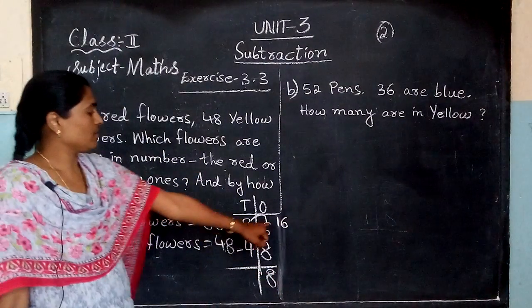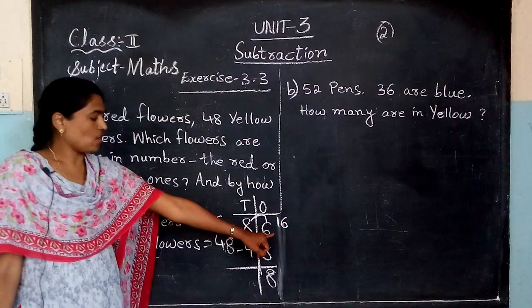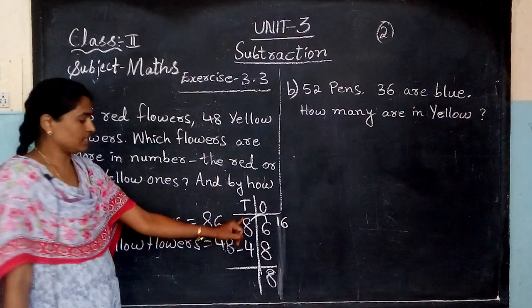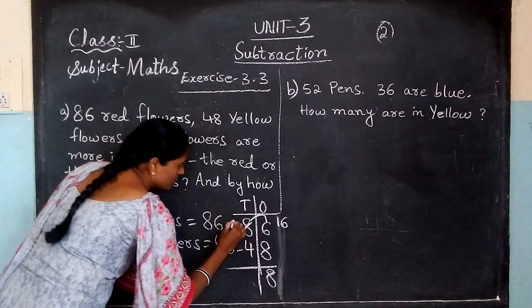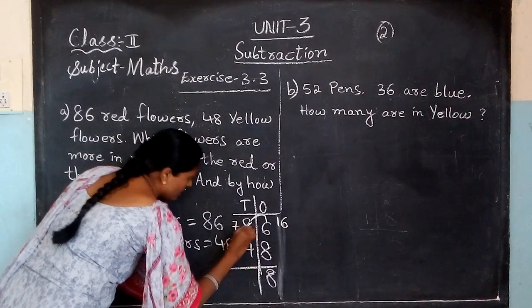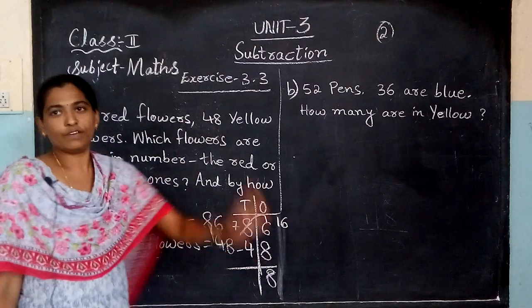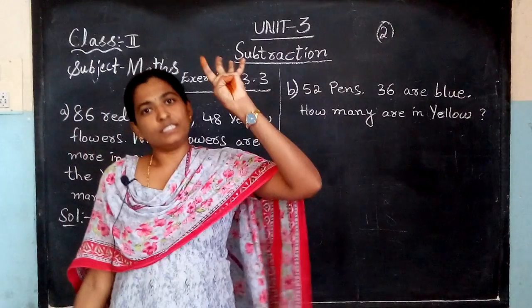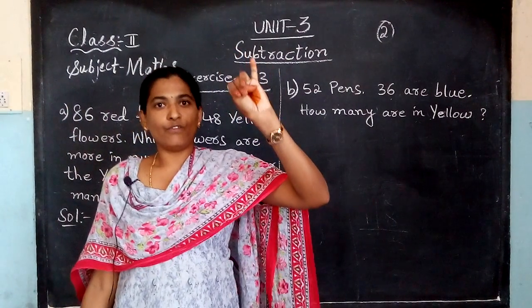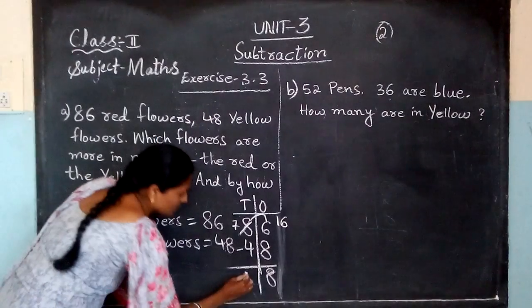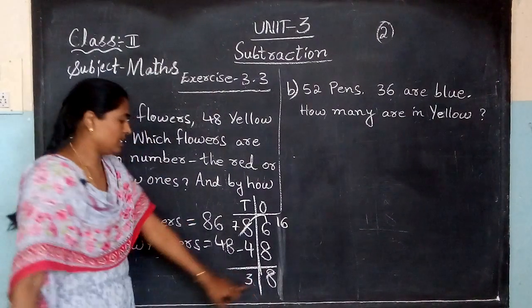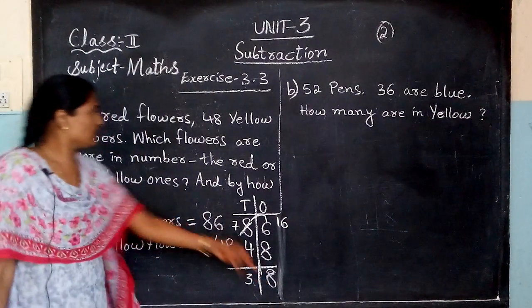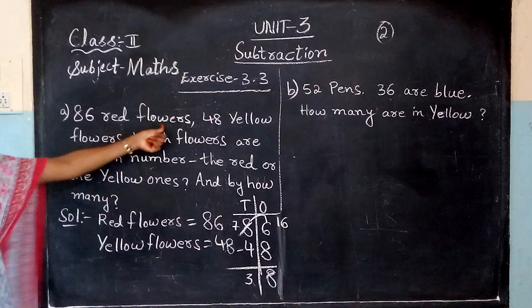Here one number you gave from the tens column to the ones column. Here one number will be less in the tens column. What is that number? 8, before number 7. 7 in the mind, 4 in your fingers. 7 before: 6, 5, 4, 3. 38. Total what you got? 38.